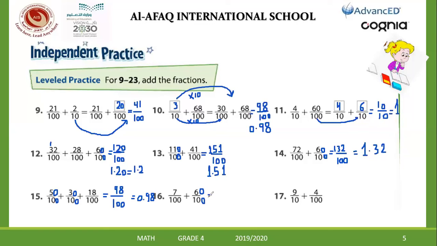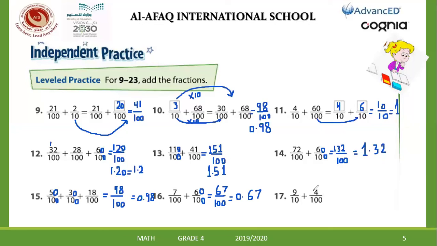Yeah. Keep the denominator here the same. And what about here? 7 over 7 plus 60. Yeah, great. Will be 67. Yeah, of course, we have to change this form to decimal form because here we have denominator of 100. So will be what? Yeah, 0.67. Next one,